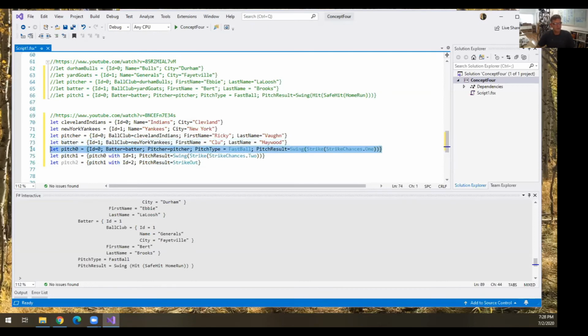One other really nice thing in F# is we have a convenience function or overload on the record type. So if the same thing happens again and we have 18 properties, I don't want to type 18 properties. Only one property changed. I'm going to say, okay, give me what you had before and change that one property. So there's a swing and a strike on strike 2. And then on the third one, the pitch result is strike out. So it does allow a little bit of terseness because you don't have to keep typing or cutting and pasting the values that don't change. I think that's also why I wanted to throw it in there.